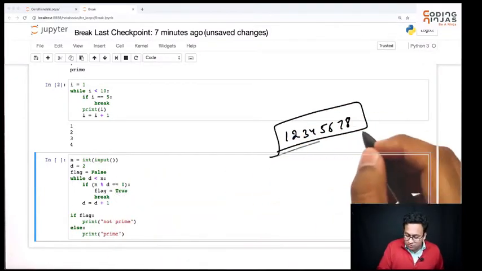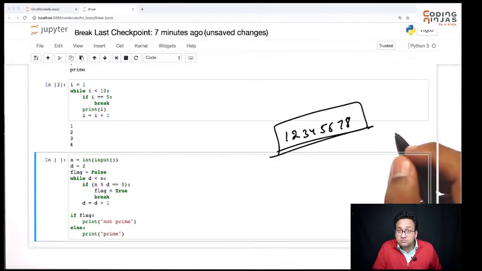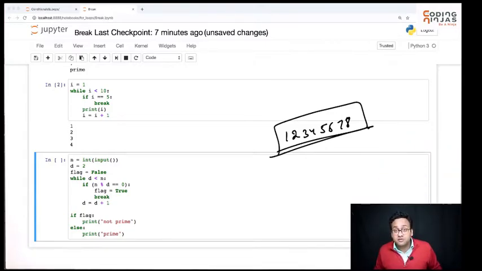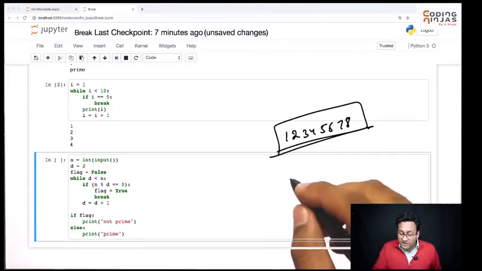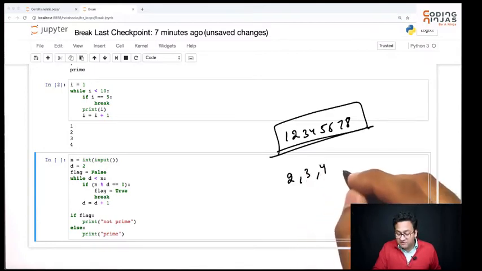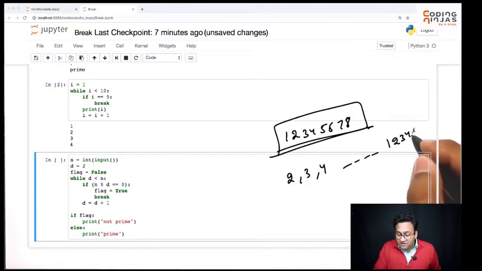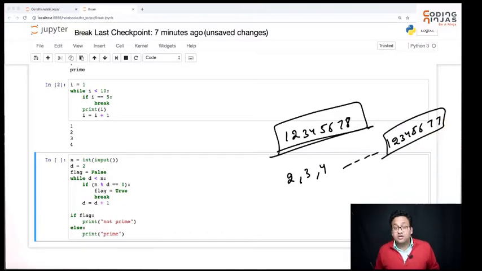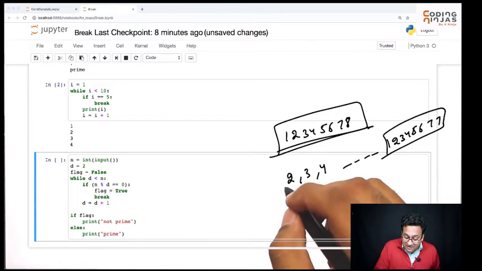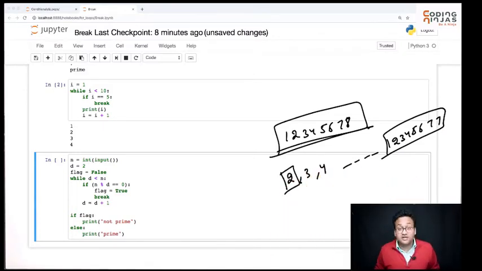I go ahead, divide it by 2. It gets divided by 2. And I say it's not a prime number. Previously, what we were doing is, we were dividing it by 2, then we were dividing it by 3, then we were dividing it by 4, and we were dividing it by this number to figure out that this is not a prime number. We already had the answer at the first number itself, here itself. But we still went on to divide it by a huge amount of numbers, and we got the same answer. So break will let you do optimizations and allow you to break the loop earlier if you want to.